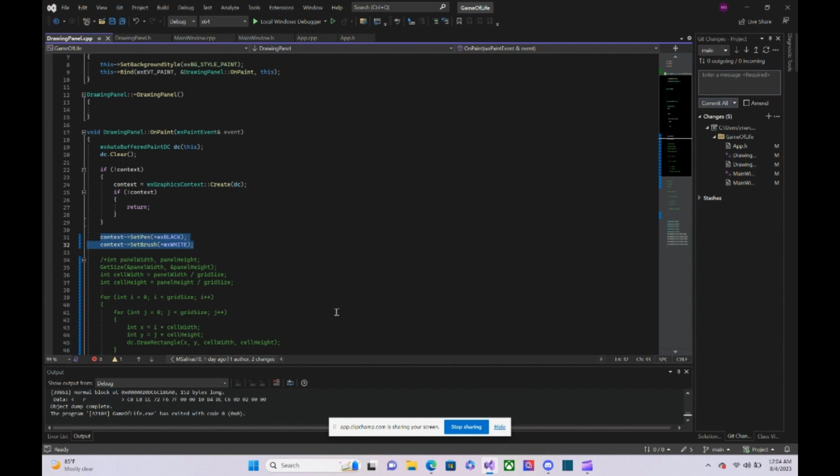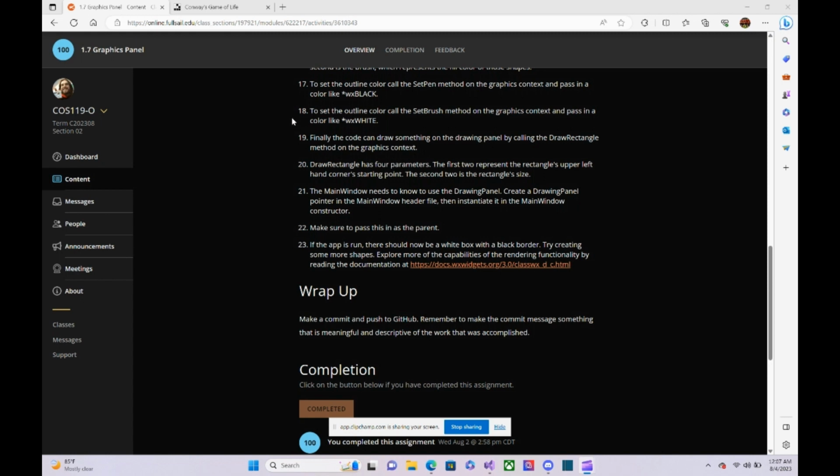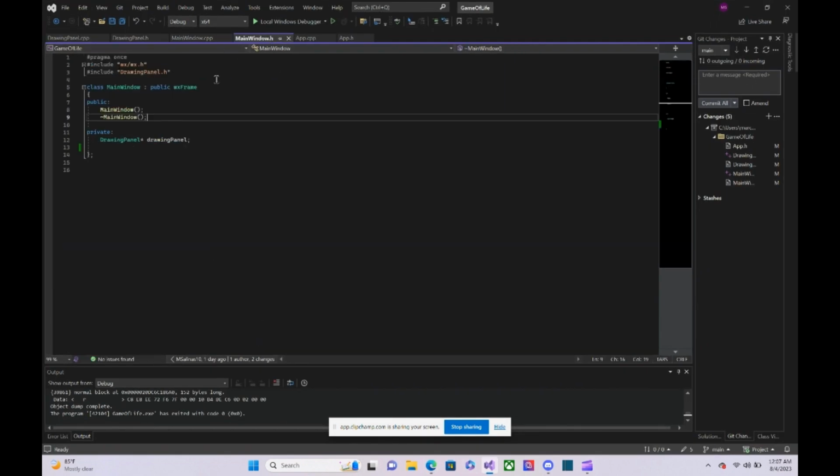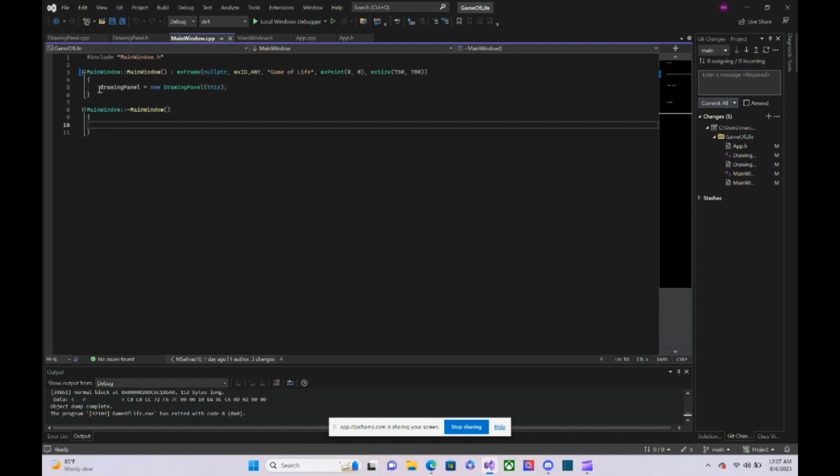So that way when it's done, it shows you a black border with a white interior. Now I will show you what that looks like once I run the program right here, and after I implement the DrawingPanel into the MainWindow header file. I add a private DrawingPanel pointer, and then call it in the MainWindow.cpp so it can run